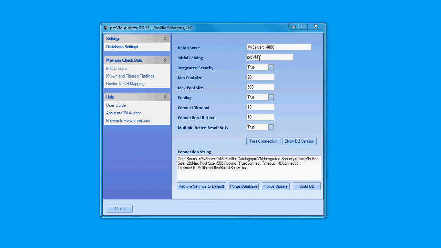So before proVM can run, a database has to be created by selecting the Build DB button here on the database settings screen. Now when the user clicks Build DB, a SQL script gets executed on the SQL Server specified here in the data source. If the user does not have create privileges on the database, when you try to build the database, the script will fail. In this case, a database admin with appropriate permissions may need to manually execute the script on the